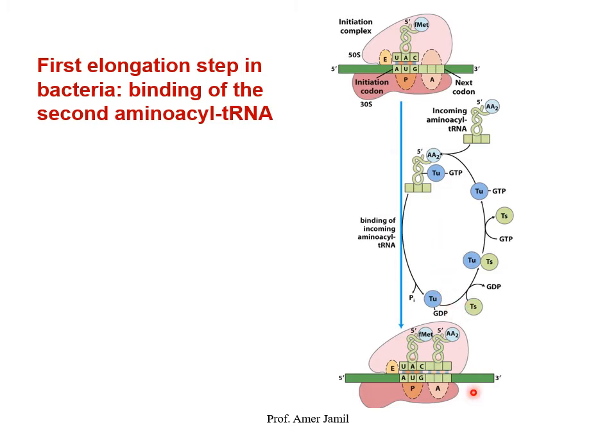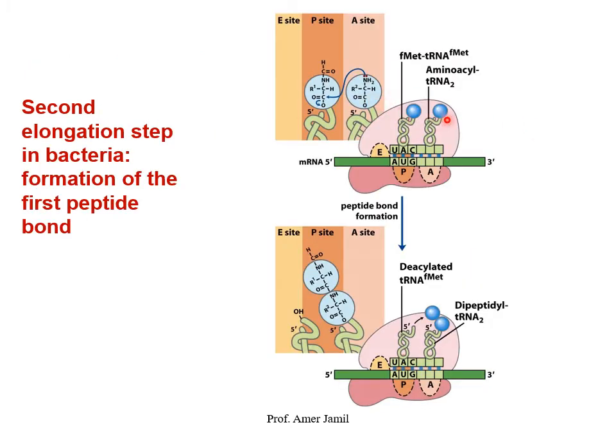And what happens next is the most important step, the formation of the peptide bond, and this is brought about by the enzyme which is peptidyl transferase, and you may be surprised to know that this is also a ribozyme. So it means the most important bond in which these proteins are synthesized, the enzyme is peptidyl transferase, and it is a ribozyme. So RNA acting as enzyme rather than some protein acting here for making this peptide bond.